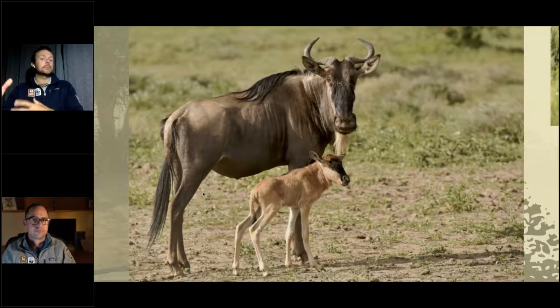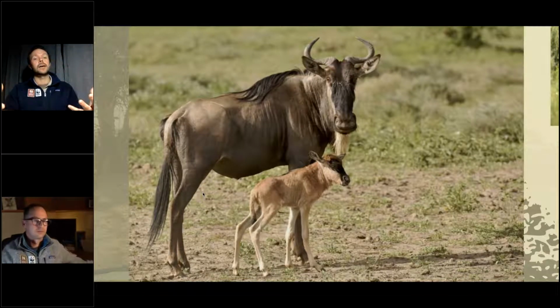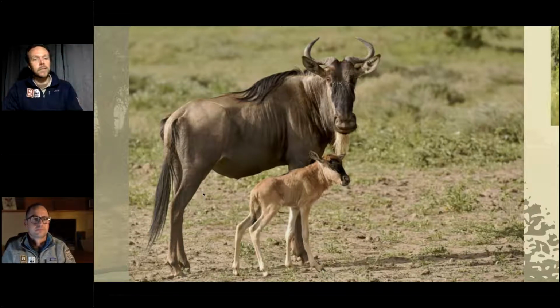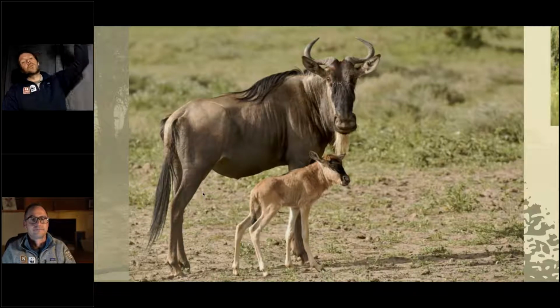where a volcanic eruption about 2 million years ago laid ash in the southern Serengeti and made this incredibly fertile grassland where this herd of 1.5 to 2 million wildebeest go every year, calve, produce milk, and give birth. This young wildebeest could be 5 minutes old and he's running almost the speed that his mother is. And then they move north, they move west, they follow the rain, all the way up into